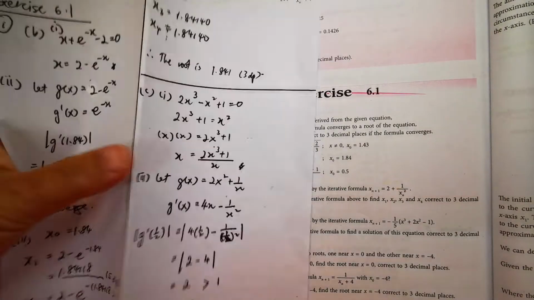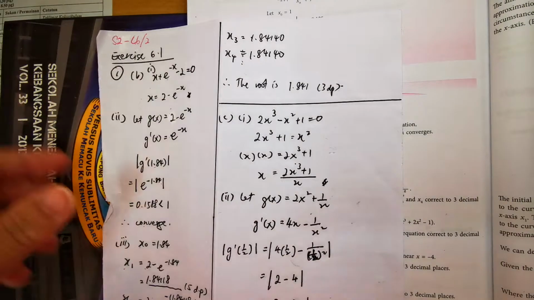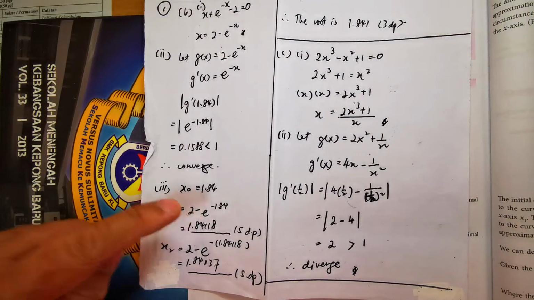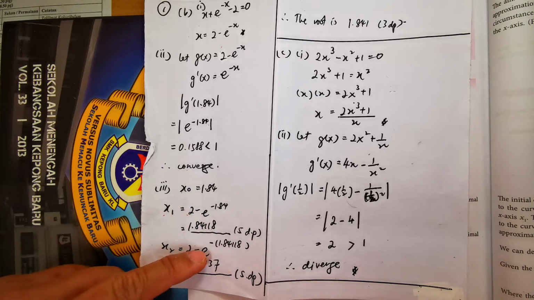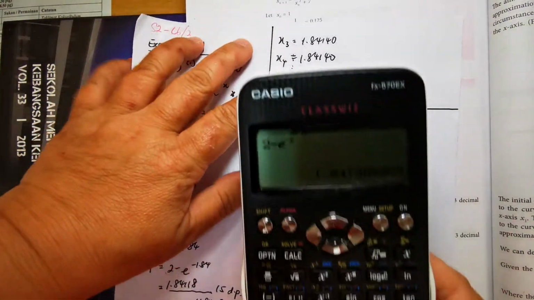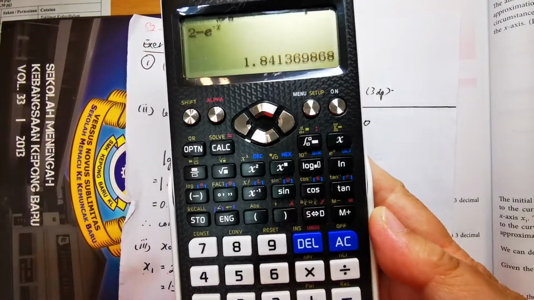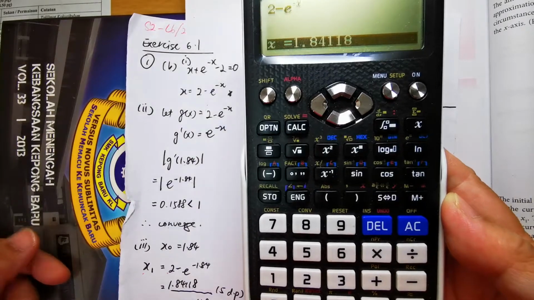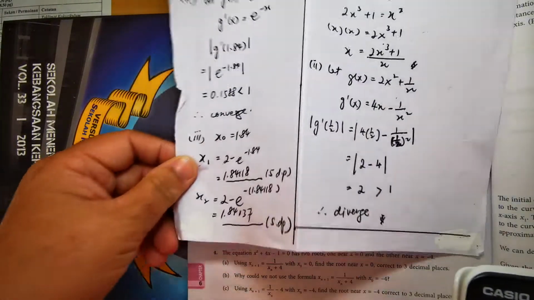Okay, so next. As I said just now, you must show at least twice. You sub the previous x into the formula. Then next, you can just write the answer. Just use your calculator, like what I showed just now. Press calculate again. Just now the second answer is this one,